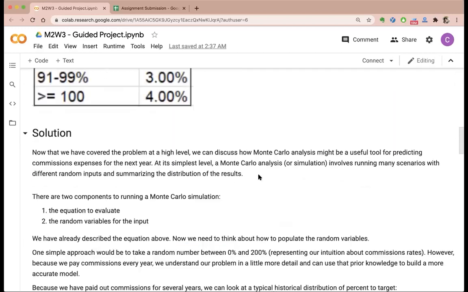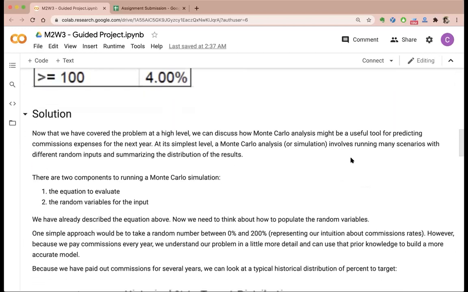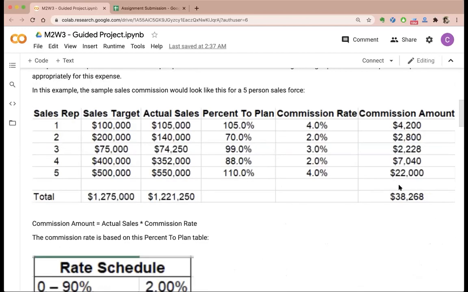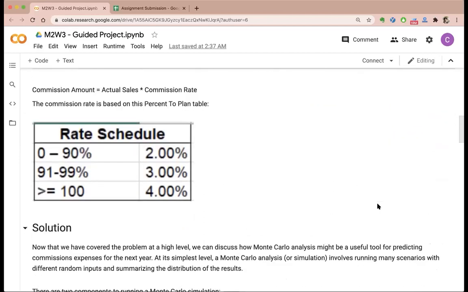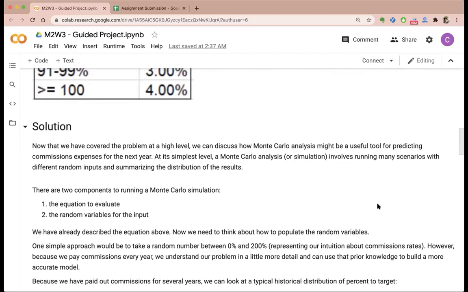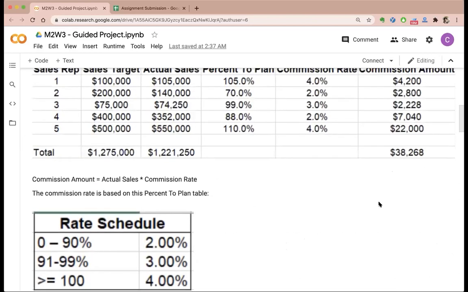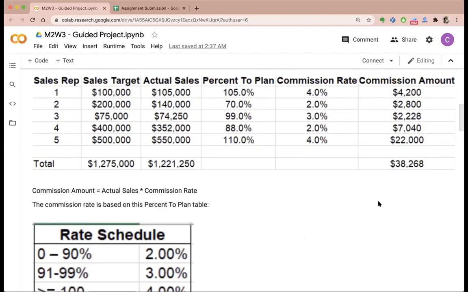So, okay, that is what it is saying: running many scenarios with different random inputs and then summarizing the distribution of the results. So this is the result. You will summarize the distribution of the results. Okay. So yeah, so basically now before moving forward,